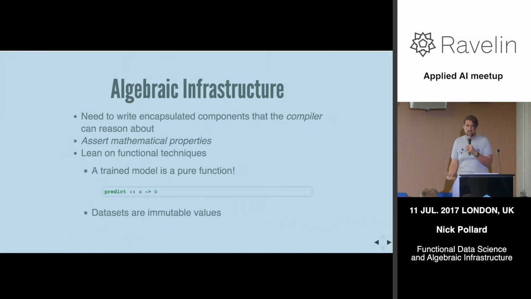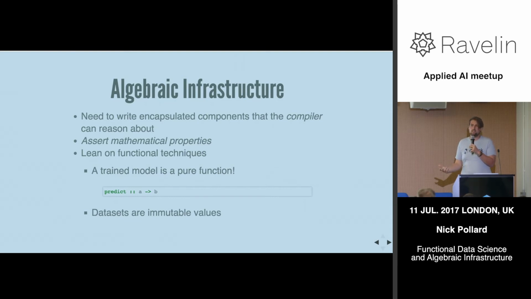And particularly in a data science use case, perhaps, we can look at a trained model as a very simple pure function. It's going to take an input, probably some vector of features, or some other similar pre-processed value, and it's going to output some prediction. It might be a classification or a regression. It could be an unordered set, like someone was saying earlier. It could be a huge number of things, but it's going to give you one result. And your trained model, if it's been trained, if it's not retraining online, is a pure function. If we give it the same inputs, it's always going to classify it the same way, or it's always going to predict it the same way.